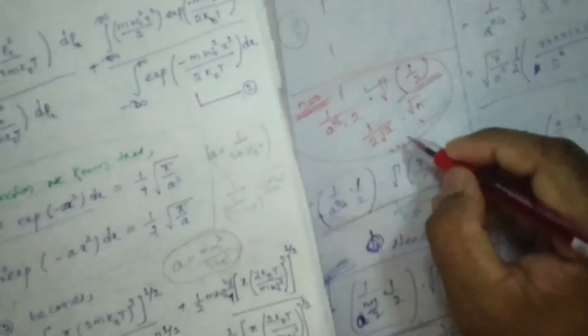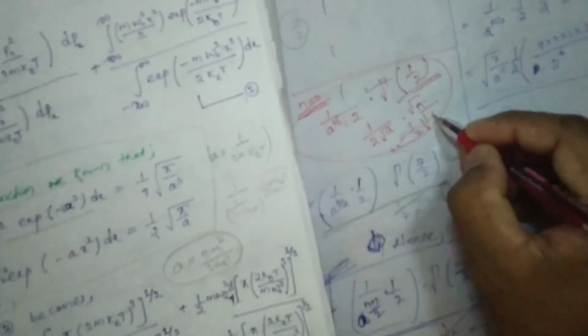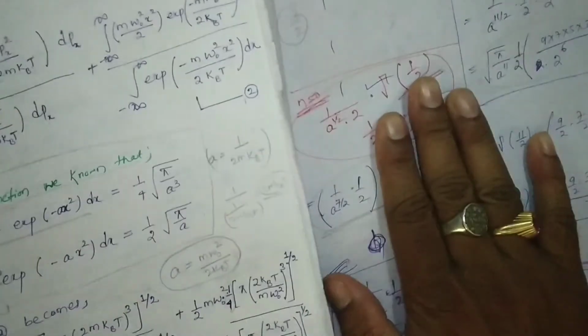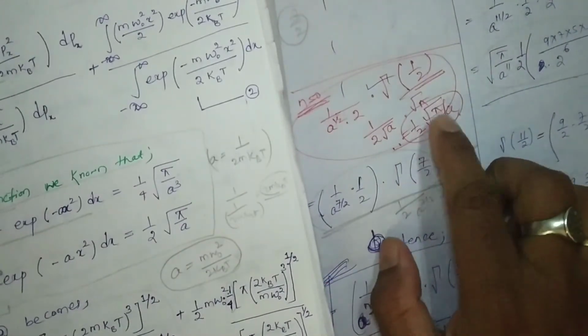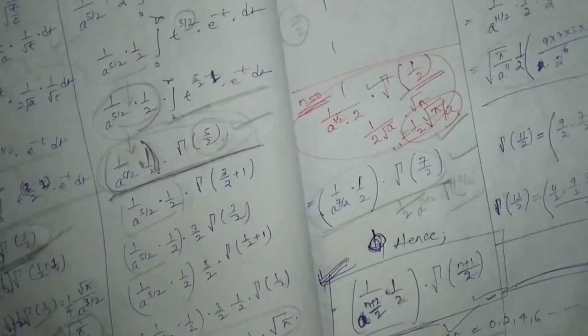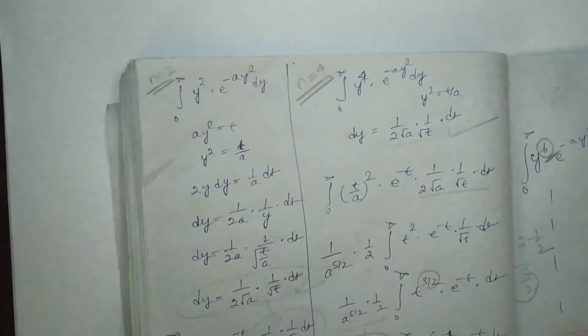This, see, same thing we got 1 by 2. This is root over pi, root over of pi by a. Okay, root over of pi by 1 by 2, root over of pi by a. So for even, how are you going to write? For even, you give the heading even. For n equal to 2, you have to write this one. For n equal to 4, you have to write this one.